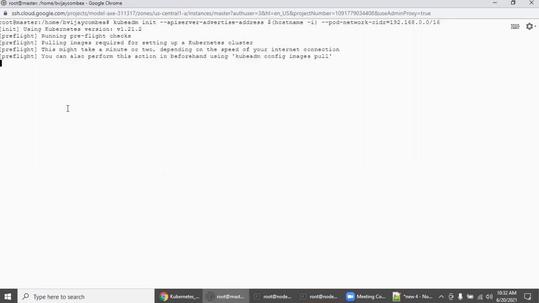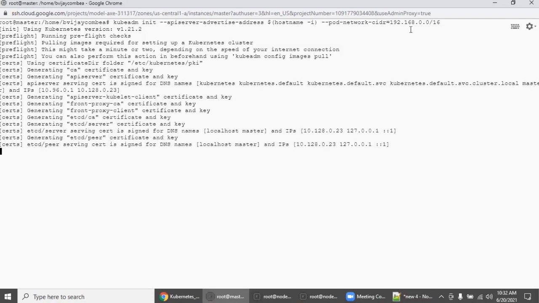The reason is sometimes the output will be distracting. So enter it. Now it is initializing the Kubernetes cluster on the specified pod network. Wait for some time.